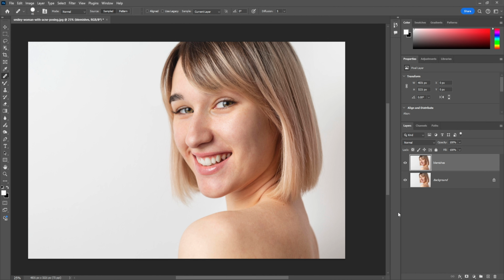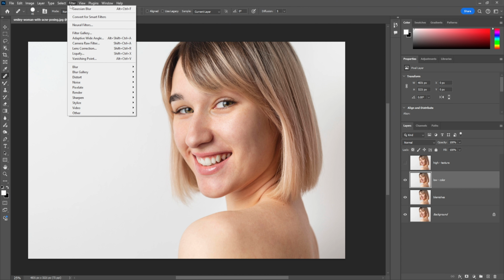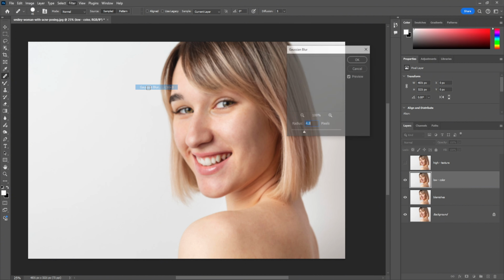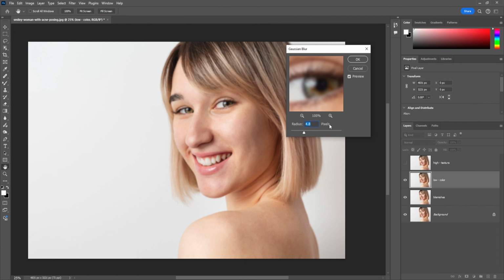To start the frequency separation process, we want to make two copies of the background layer. The bottom copy is going to be the low frequency layer, and the top copy is going to be the high frequency layer. You can label these however you want so you'll know which one it is, but it's important to label the low and the high. Now turn off the high frequency layer, select the low frequency layer, and go to Filter, Blur, Gaussian Blur,